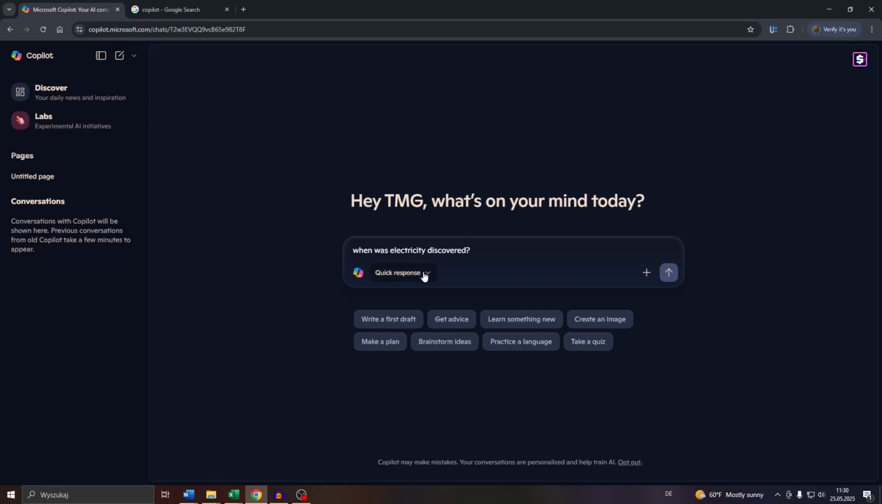You may also switch between a quick response given by the artificial intelligence and also the think deeper feature for more complex topics. However, guys, I don't think that's a very complex topic that can be replied or answered with one simple answer. So once you have entered your question, simply press enter or click on that button here to